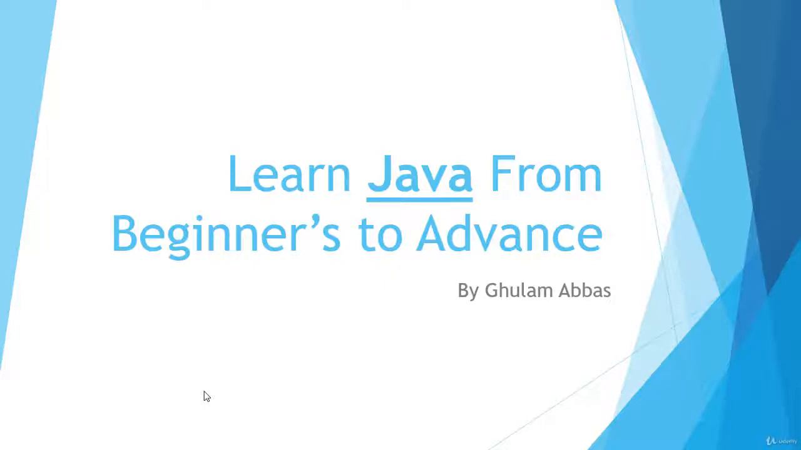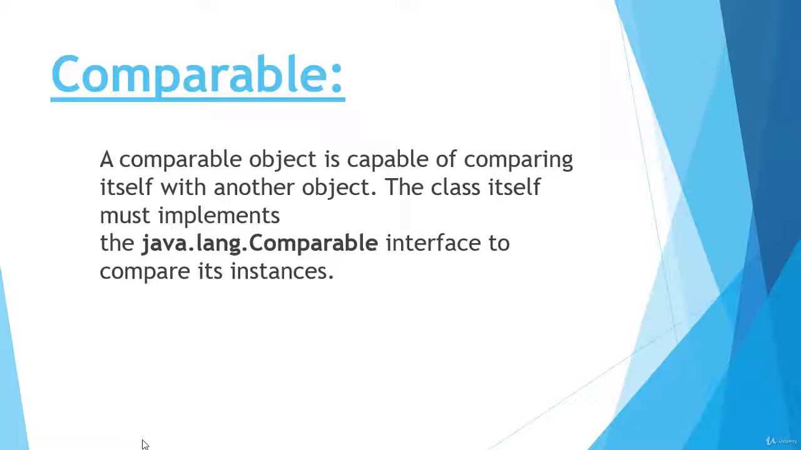Today in this video we will discuss the Comparable interface in Java. So let's see what a Comparable is. A comparable object is capable of comparing itself with another object. The class itself must implement the java.lang.Comparable interface to compare its instances. Comparable is basically an interface, so the class has to implement the Comparable interface and override a method called